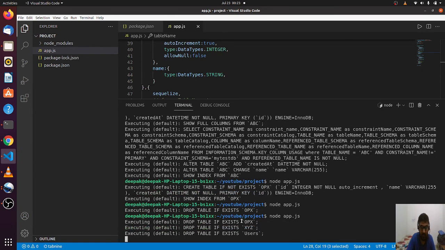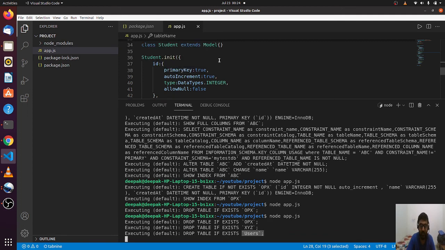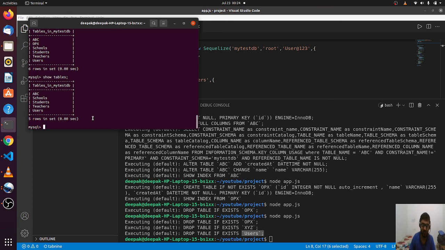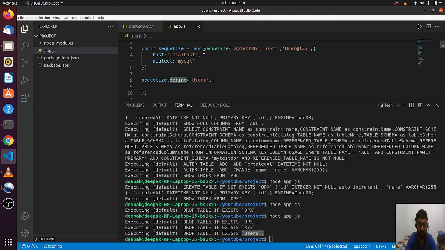Drop table if it exists OPX, then XYZ, and also users. Why users? Because we have the users table also, which we defined earlier. So all the tables which were associated with it got deleted.